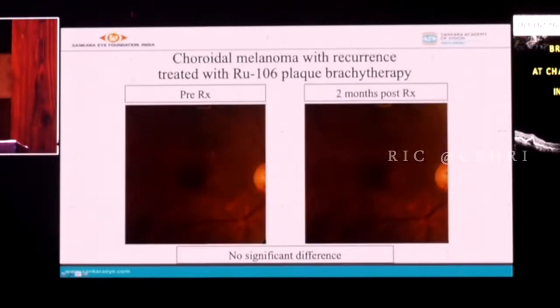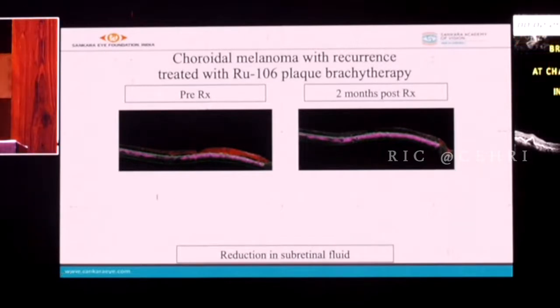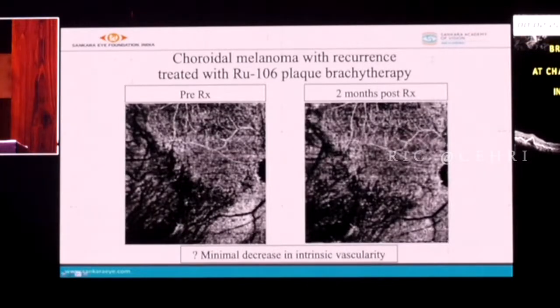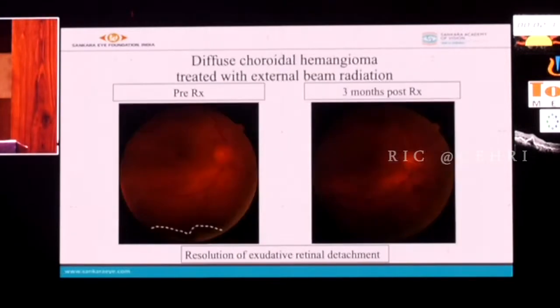So this is a melanoma superiorly. You don't see it very distinctly. This patient has had multiple TTTs, and subsequently we did a brachytherapy. And clinical photograph-wise, you don't see much of a difference. And OCT-wise, you can see a little bit of fluid here, which is resolving, at least coming down. So OCT itself will give you a clue whether the treatment is working. In the OCTA, you may not see much of a difference, but then the normal choroidal vasculature also is thinning out here, indicating the plaque was put in the correct place. So indicating that this tumor is also likely to regress.